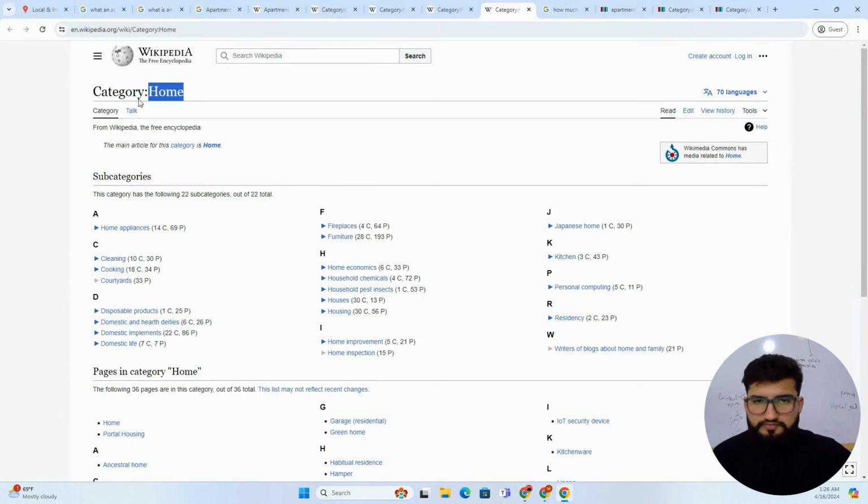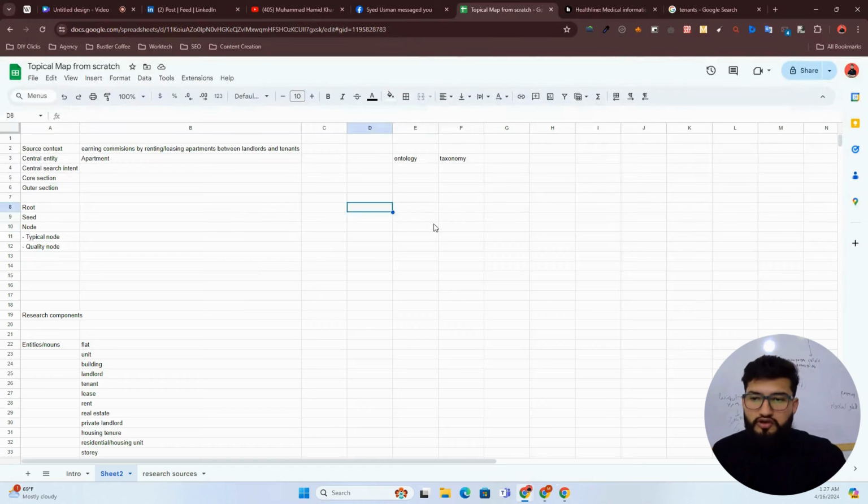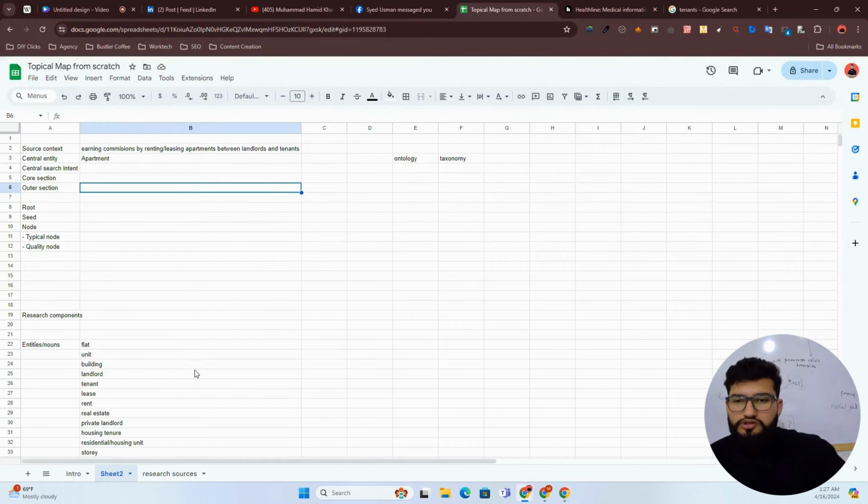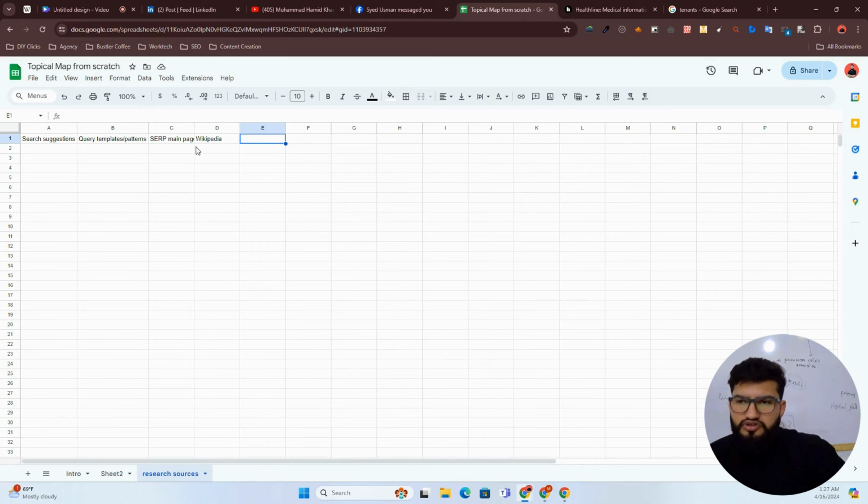Okay, so once again, this categorization of Wikipedia and Wikidata helps you understand the taxonomy as well as giving you all the entities. So what you have to do now is grab all the entities from these sources. Then you have to put them in a specific taxonomy, as mentioned here. Then you have to connect these entities with each other. For example, in housing we can connect some room entity with some shared attribute. So this is the next job you have to do, and this is how you research information.